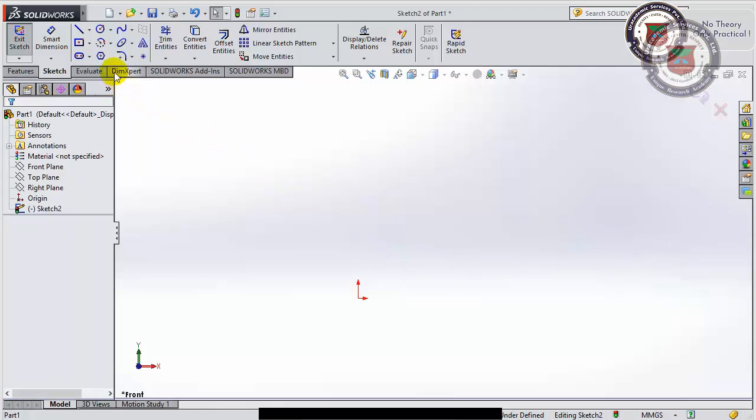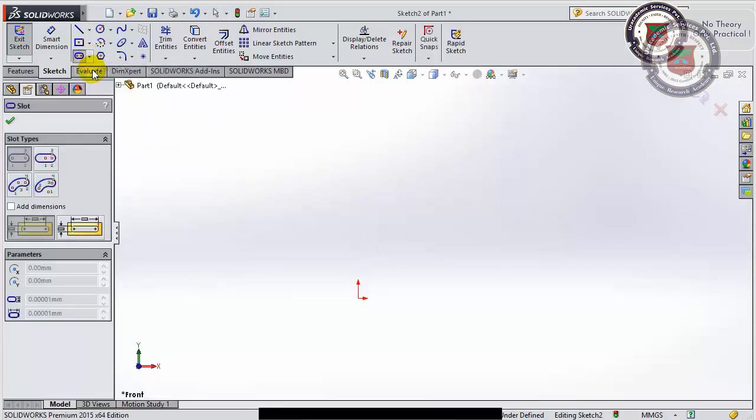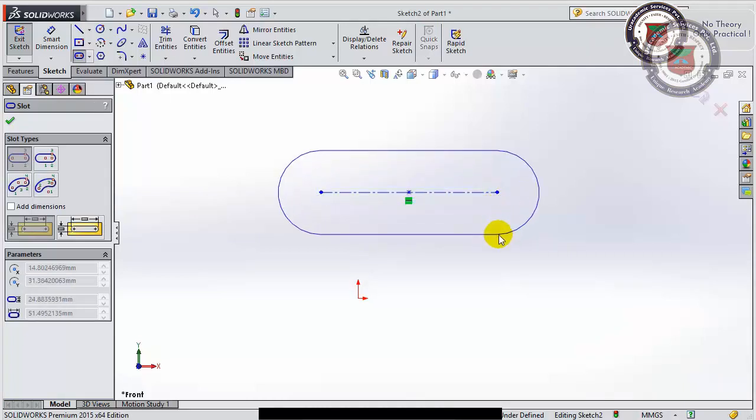So next, the remaining sketch entities. This is a slot. Another one is the straight slot. In a straight slot, as soon as I'm drawing, I click on the first point, then I click for the second point. Now you can see the difference.